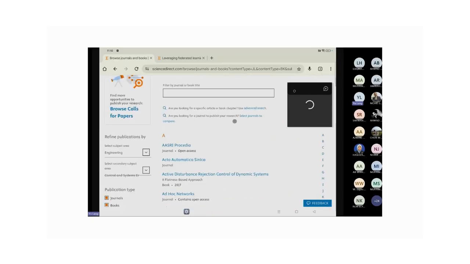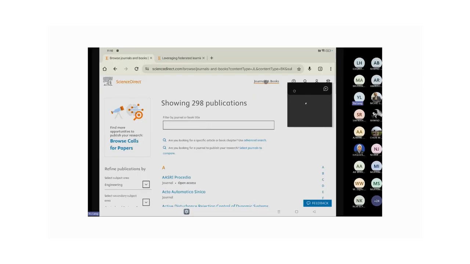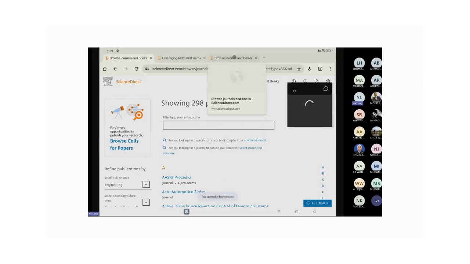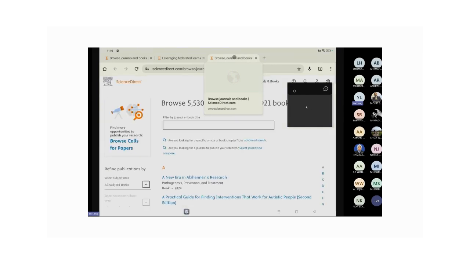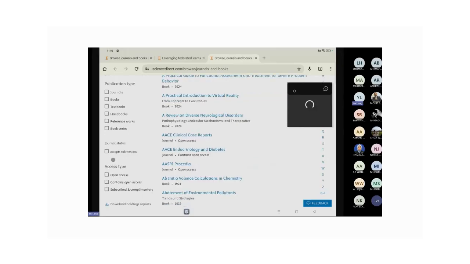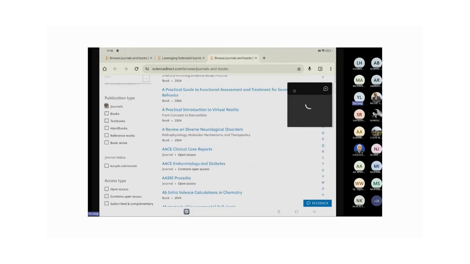Initially, if we click on Journals and Books, altogether we have more than 5,000 journals and 36,000 ebooks available on this ScienceDirect database. But not all of these journals are still published. Some of the journals are already discontinued. So if you want to display the journals which are still actively published,